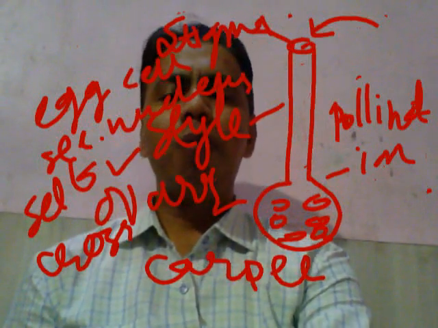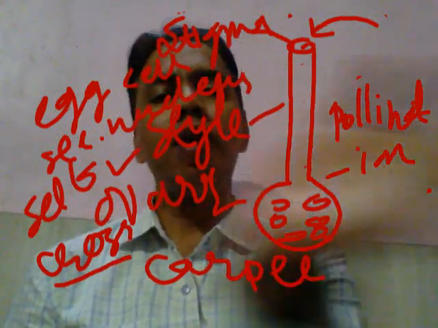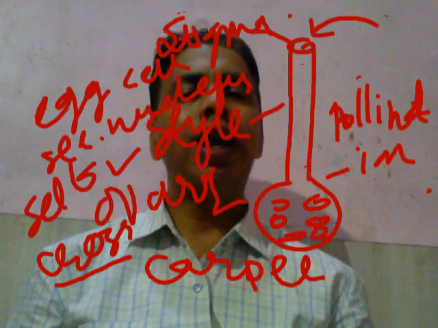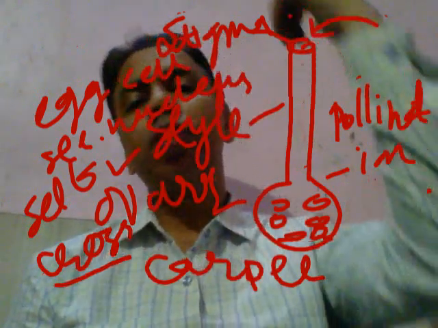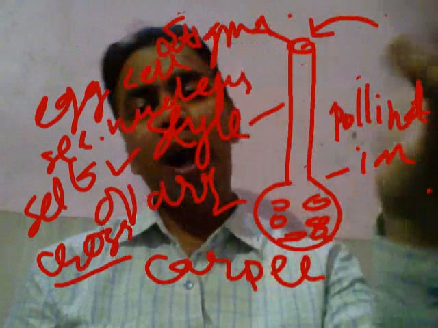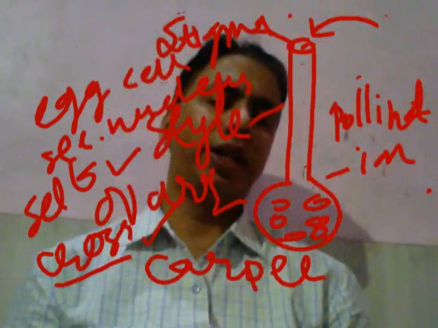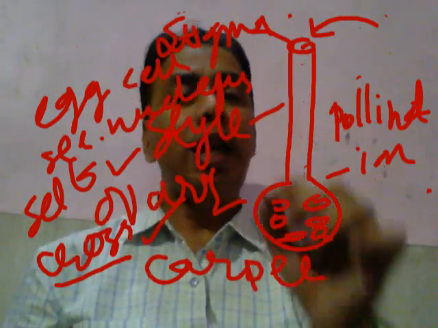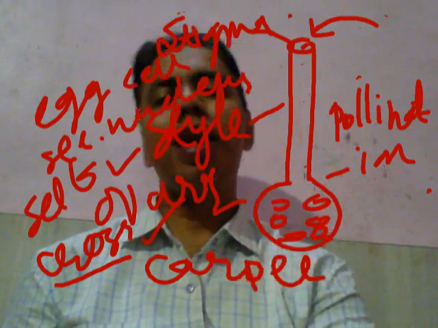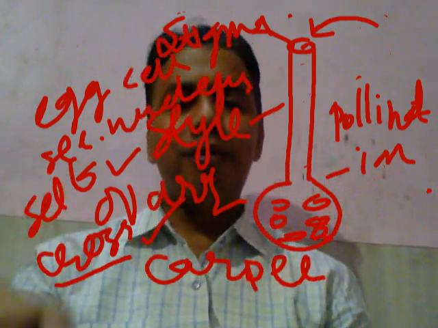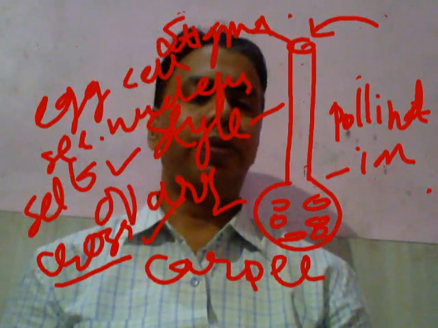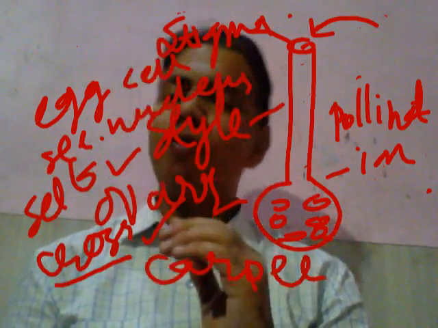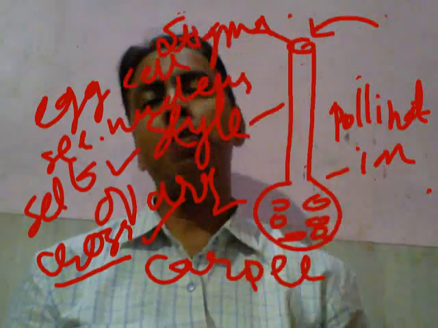Whereas if pollen grains get transferred from the anther of the stamen of one flower to the flower of a second plant of the same species, then it is called cross-pollination. Pollination is of two types: self-pollination and cross-pollination. If in one plant there is a transfer of pollen grain among the flowers, then it is self-pollination. Or if there is a transfer of pollen grain from one flower of one plant to the flower of a second plant of the same species, then it is cross